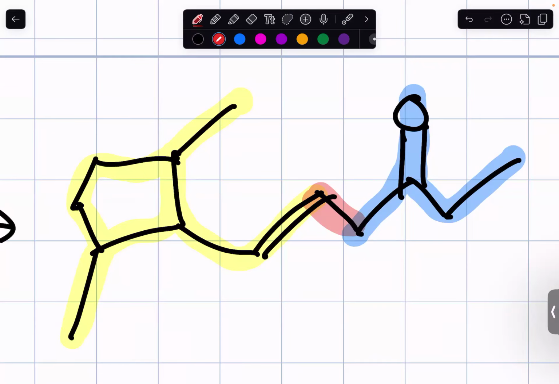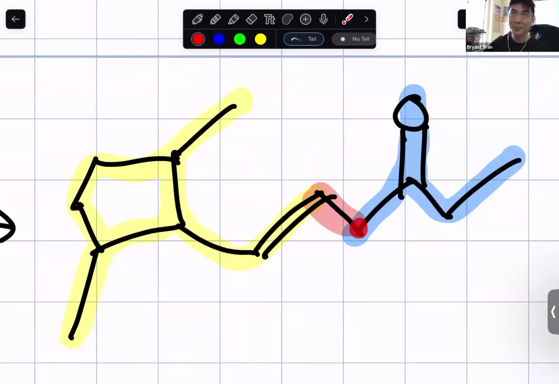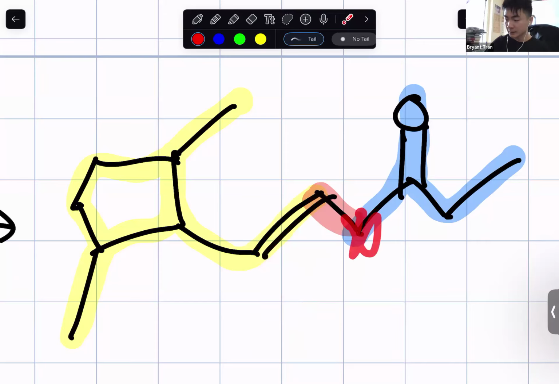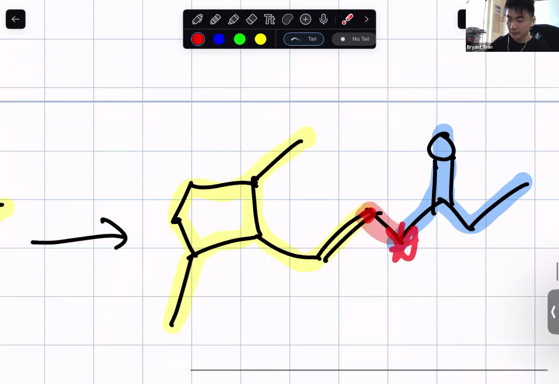The star is going to be the alpha carbon position next to the carbonyl, right? And this dot, star, dot, and then alkene. And then let's say this was an epoxide. And then there's an alcohol here. And then you convert this to bromine, you could get the alkene right there. This can happen, like this is a star, this is a dot, but based on what we have so far,